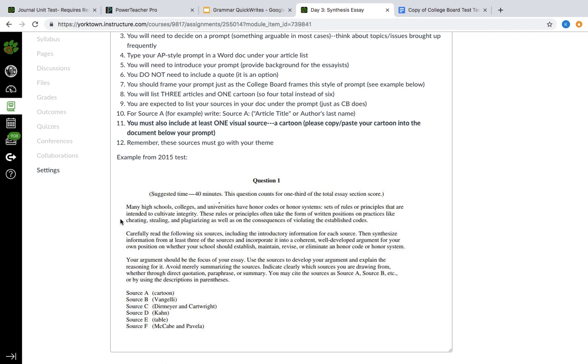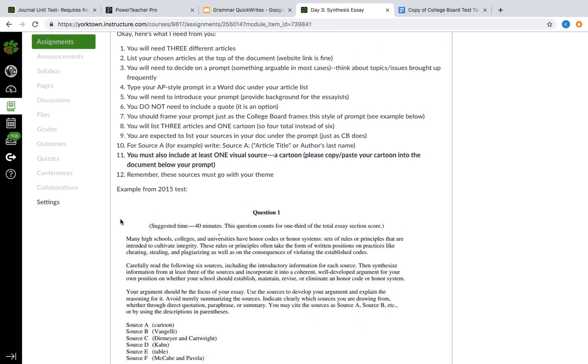So again, you have a first paragraph that just gives some introductory information. Something arguable will end up being your prompt in most cases. And right here you can see this part, the second paragraph, which I'd like you to type. You can't copy and paste this. This is an image. I want you to type it so that you really understand what the synthesis essay is